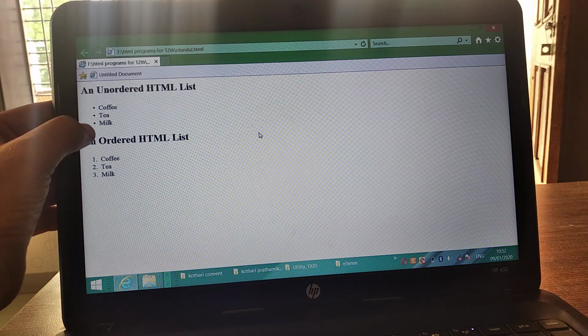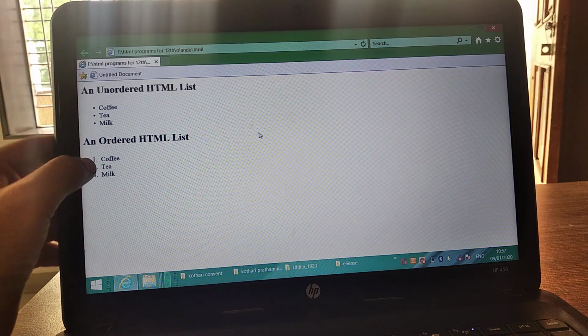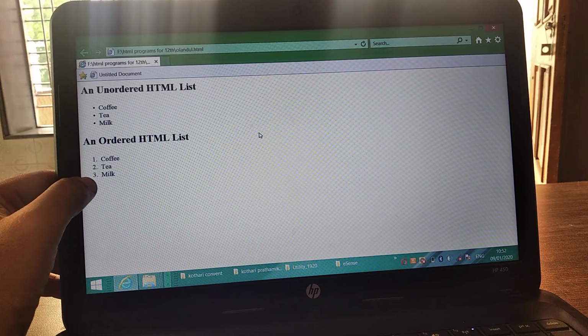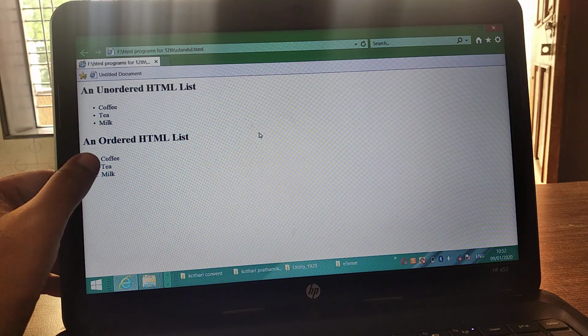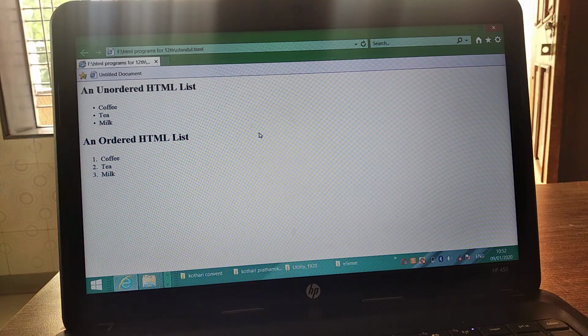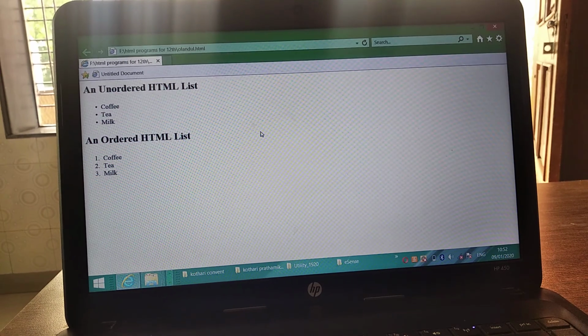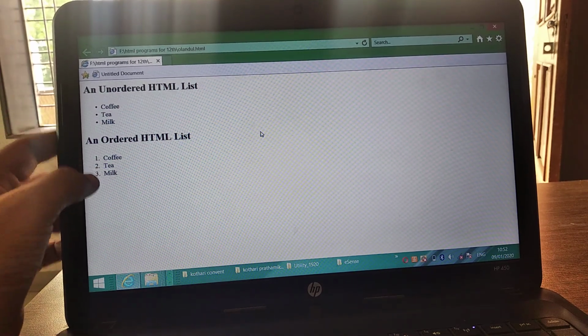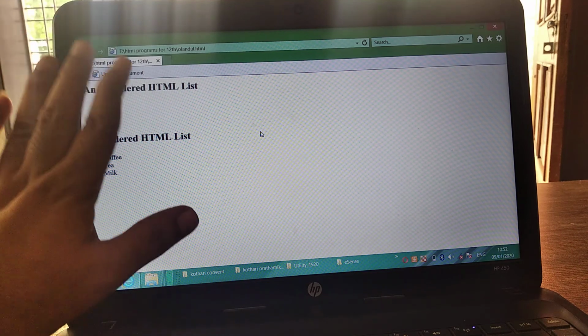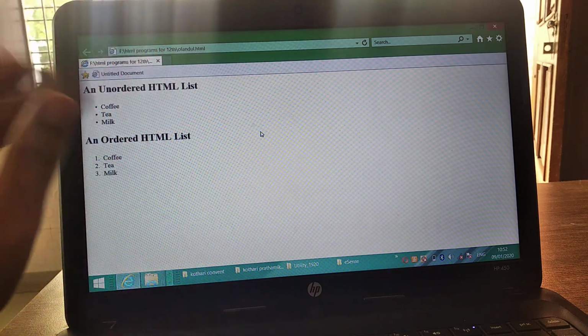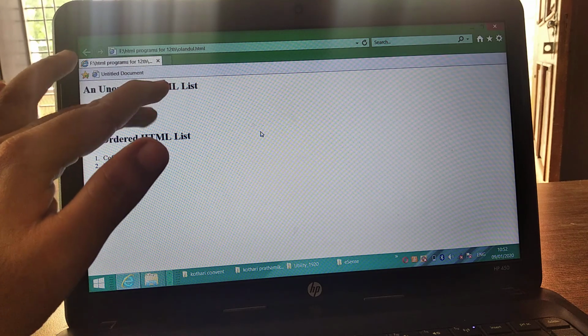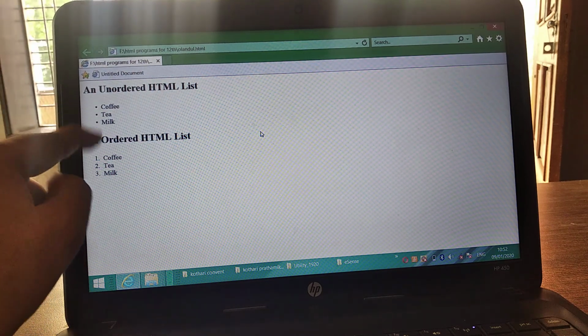You can see a solid circle is there, and 1, 2, 3 are the numbers. These different numbers show the list items, and the list numbers we can change. So for that we will change the input and then we will see what will change in the output here.